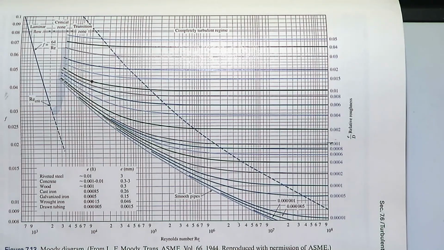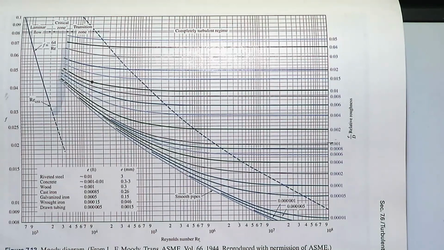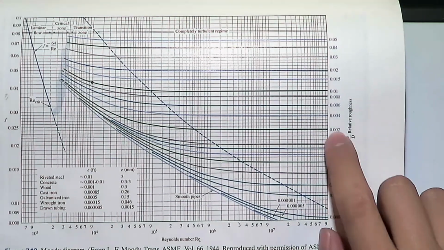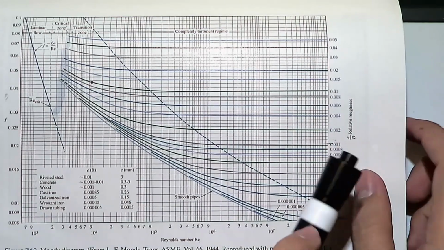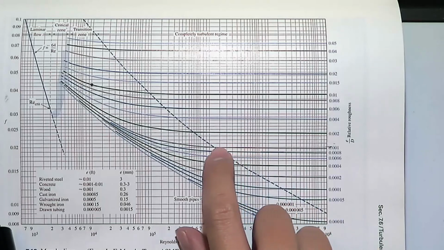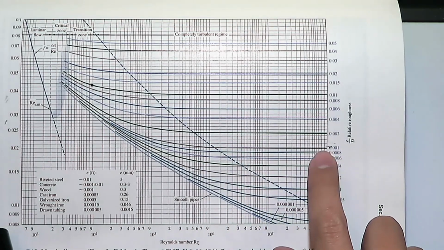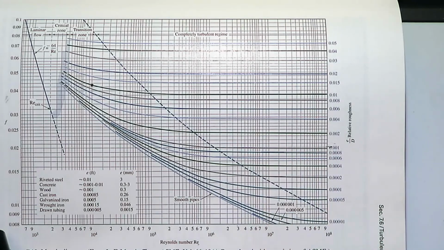You may notice that I've already used this example before in my class because I marked it so I wouldn't forget. But essentially 0.0012 should lie somewhere in between 0.001 and 0.002, right? But then once we know where that number lies, we just have to follow this curve. In this case, the line is actually gray. It's a little bit harder to see on the board, but you follow this curve until you intersect with the